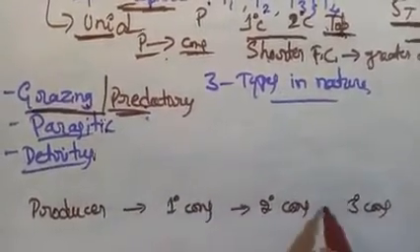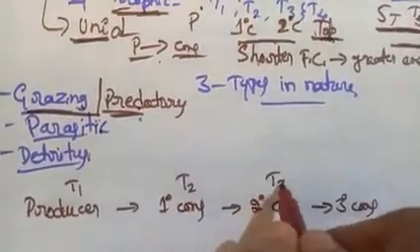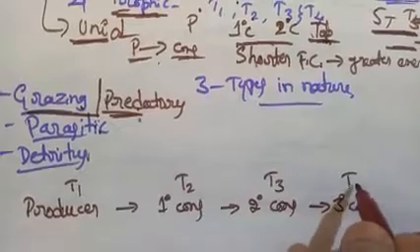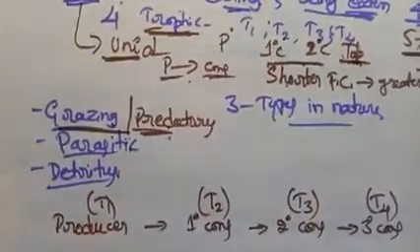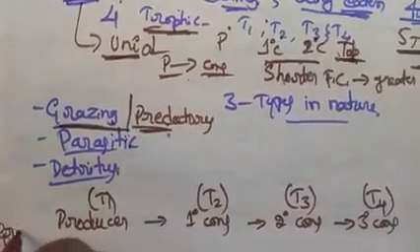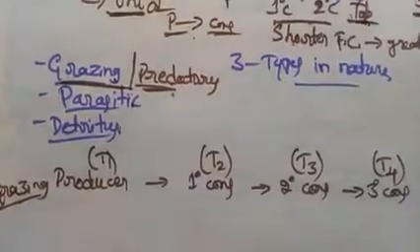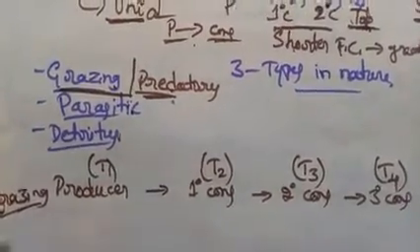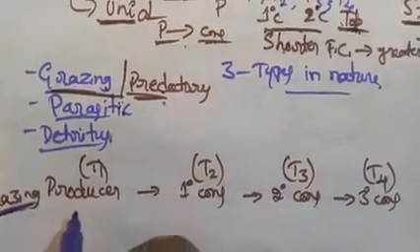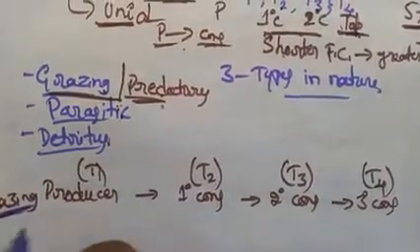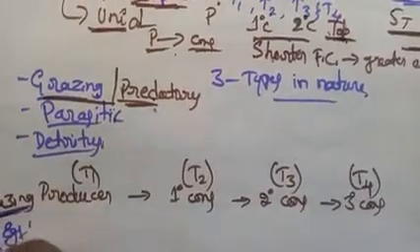Okay, so here we can name it as T1, second trophic level T2, third trophic level T3, and T4, right? So we are dealing with the grazing food chain, right? So in the grazing food chain, first, by taking an example of an aquatic ecosystem,